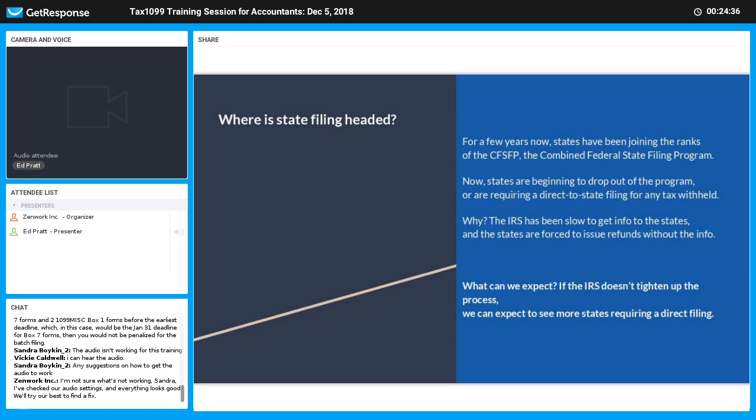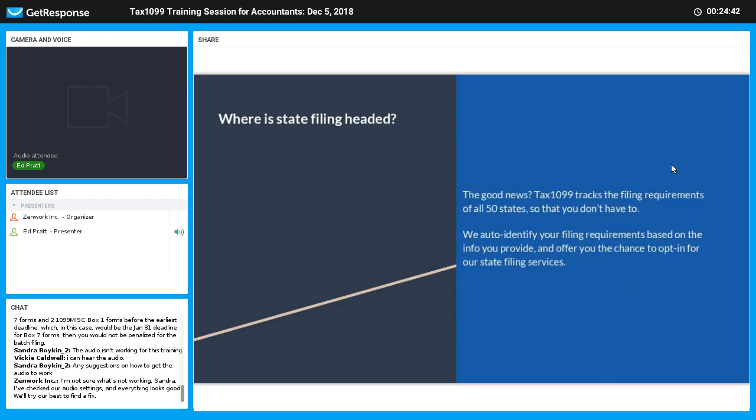We keep track of that, so we do monitor the various state filings, and we keep track of that so that you don't have to, primarily. And we will be able to file to any of the states that do require it, whether they're participating in the combined federal state filing program or they're Pennsylvania and Oregon and Massachusetts or one of the other handful of states that require a separate filing. We can do that. There is a separate situation for some states where they do take the combined federal state filing program,